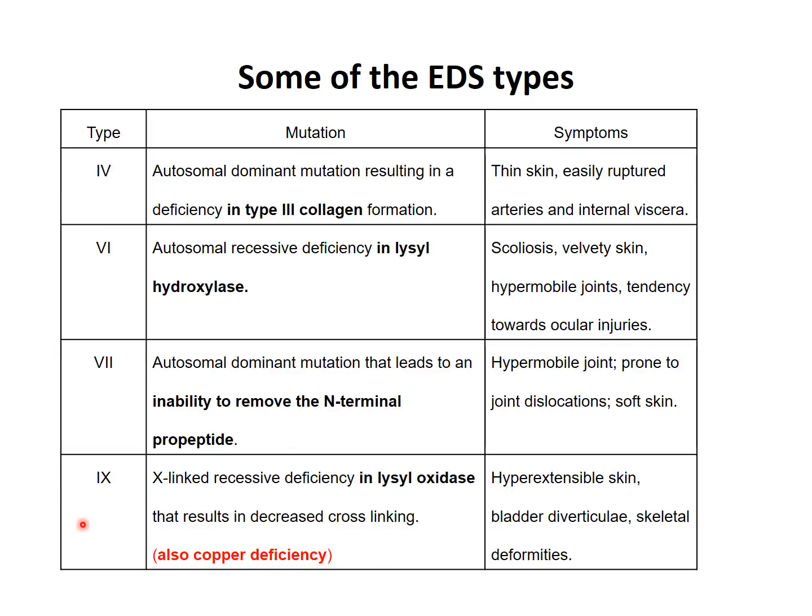And type 9, as a last example, is an X-linked recessive deficiency of lysyl oxidase. It also has some subtypes, and I will go there in the next slides, but let me just say it's very important in skin, in visceral organs, but also skeletal deformity will be one of the signs of lysyl oxidase